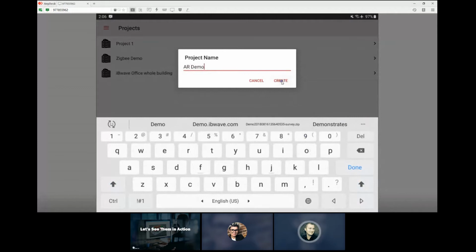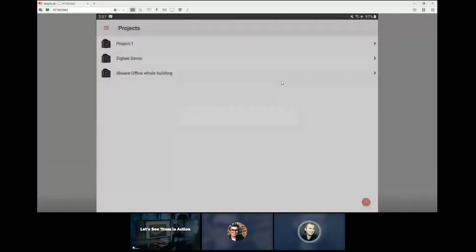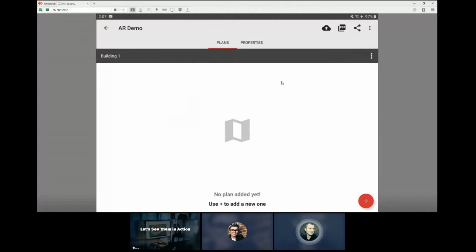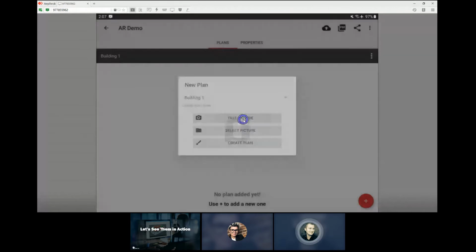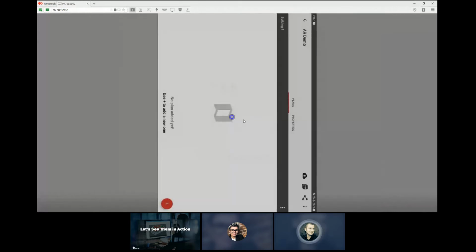And usually when you go on site, ideally you would have the floor plan beforehand, you model your building, but we know that in most cases you don't have that. But you might find a fire exit plan or something. So you could create a floor plan either by selecting the picture if you have it, or taking a picture, or creating a plan from scratch, just sketching up something. I think the most common scenario would be that there will be a fire exit plan, so you take a picture. And I printed our floor plan from the iBwave office. I'm just going to take a picture here of our,